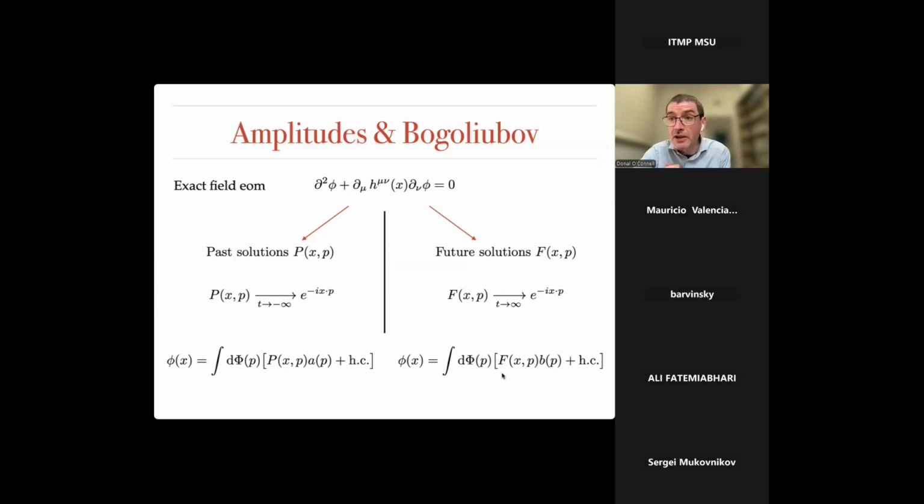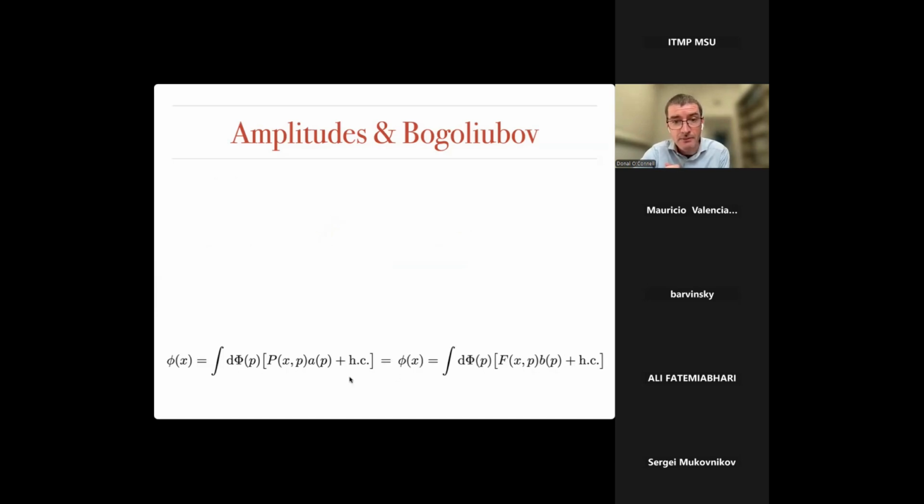Okay, so we have two expressions for the quantum field, these two here. But of course, there's only one quantum field, so these two expressions are equal. And it's this equality that leads to the power of the Bogoliubov approach. Now, you can basically see by eye that this is going to mean that there's some relationship between the A's and the B daggers somehow involving these F's and P's.